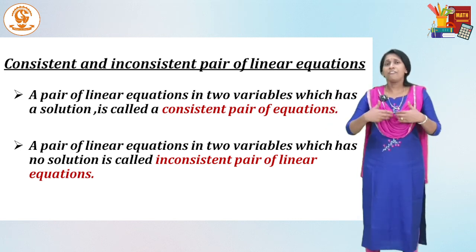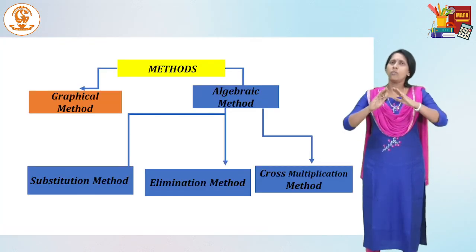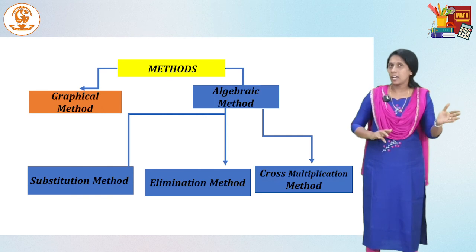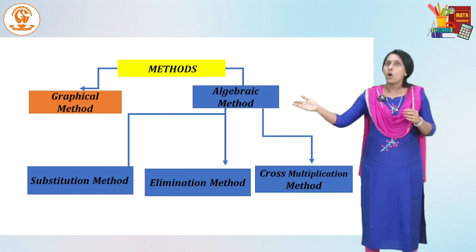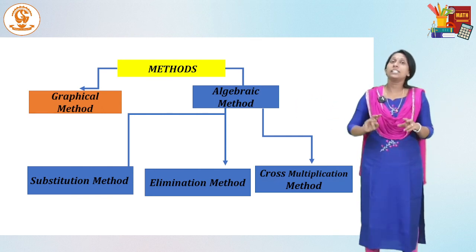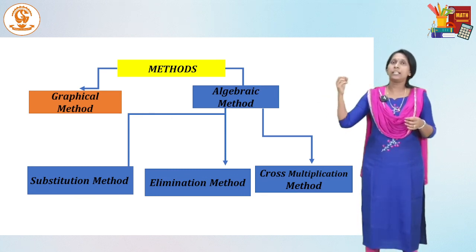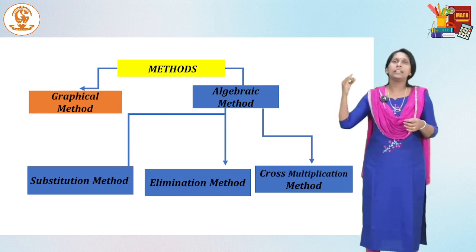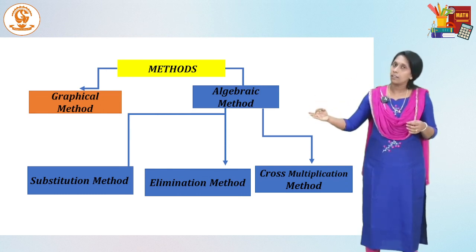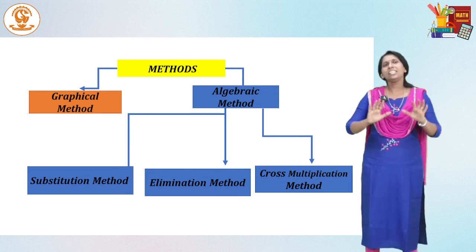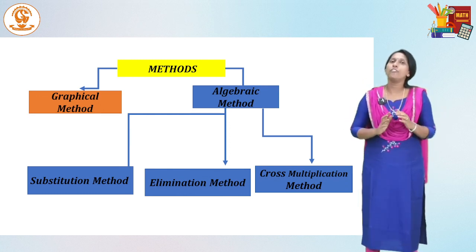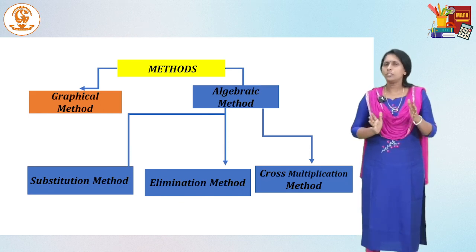Now, we can find the solution using different methods, isn't it? So, what are the two different methods? One is the graphical method and the other is the algebraic method, and we discussed three different algebraic methods. One is the substitution method, the other is the elimination method, and the third one is the cross-multiplication method. So all these things we learned about pairs of linear equations in two variables, isn't it? So up to this point, I think it's clear to everyone.